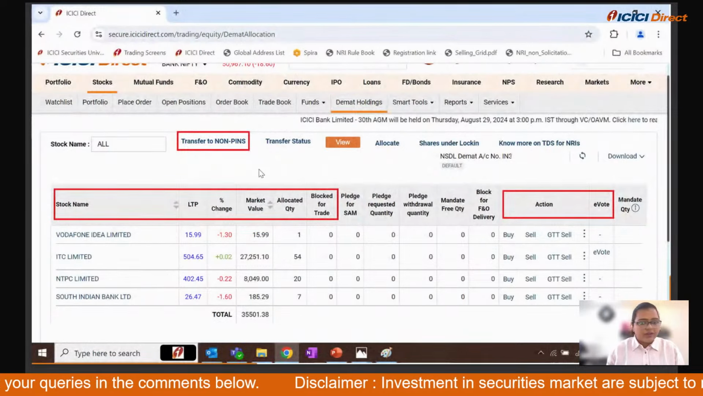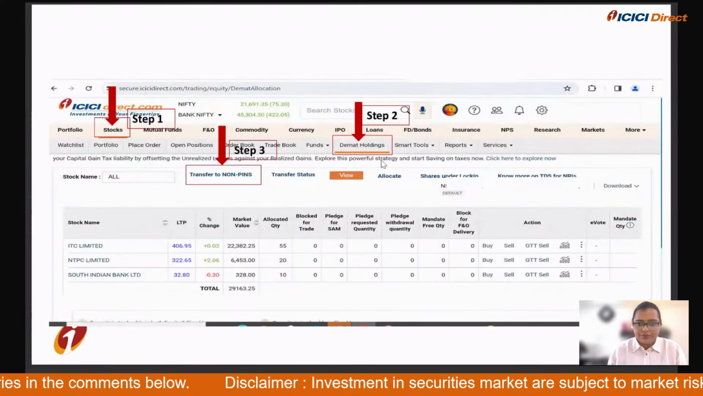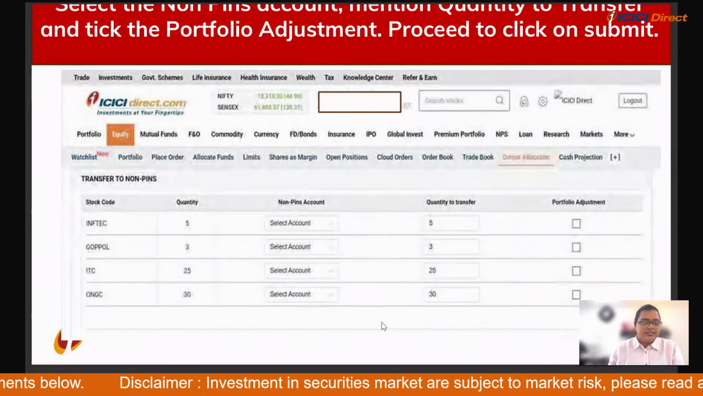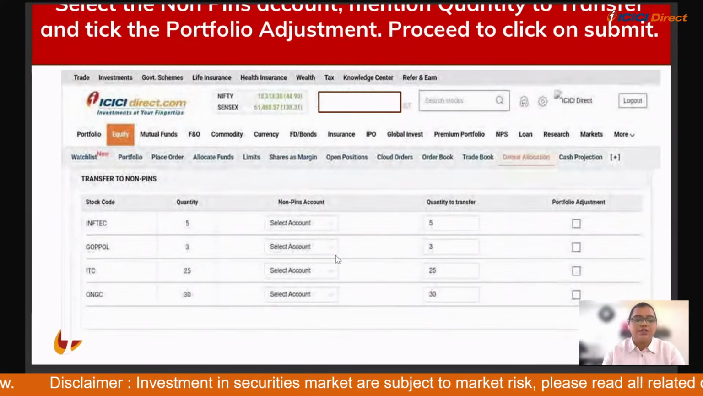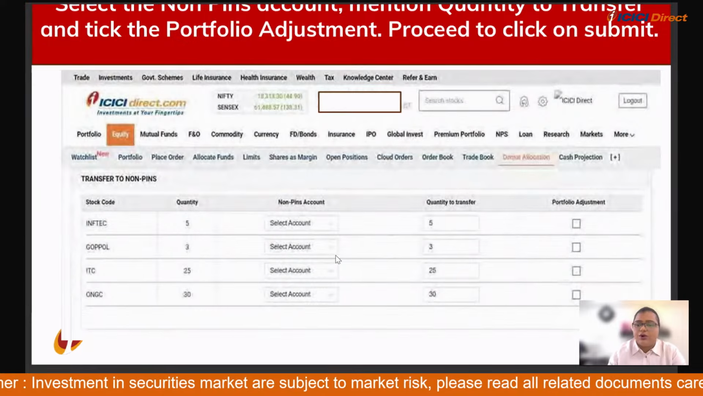Okay. So when you click on transfer to non-PINS, it will take you to a page like this. You select stock, you select demat holdings, you click on transfer to non-PINS. It will show you all the shares that are valid for transferring to a non-PINS account. Select whichever share you want, select the quantity, and click